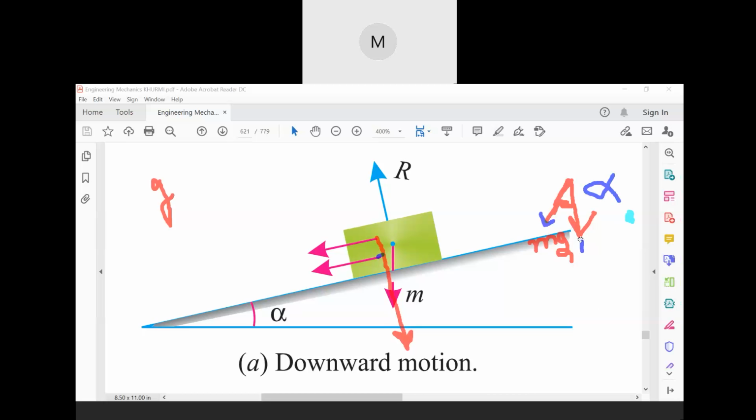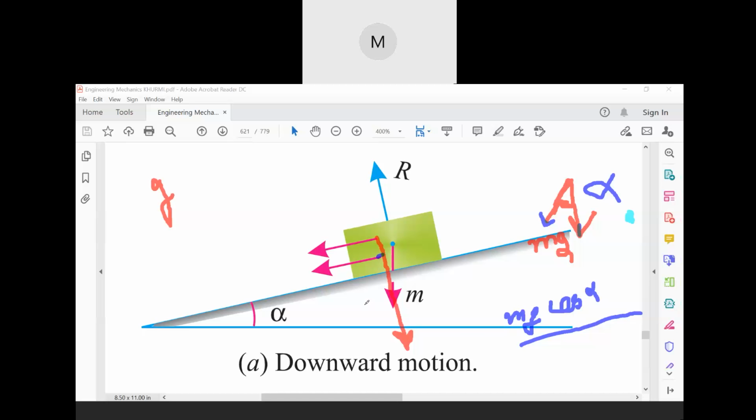What will be this one then? What will be this part? mg cos alpha. Very good. So this one will be what? mg cos alpha, like this. Right. If this one is mg cos alpha,